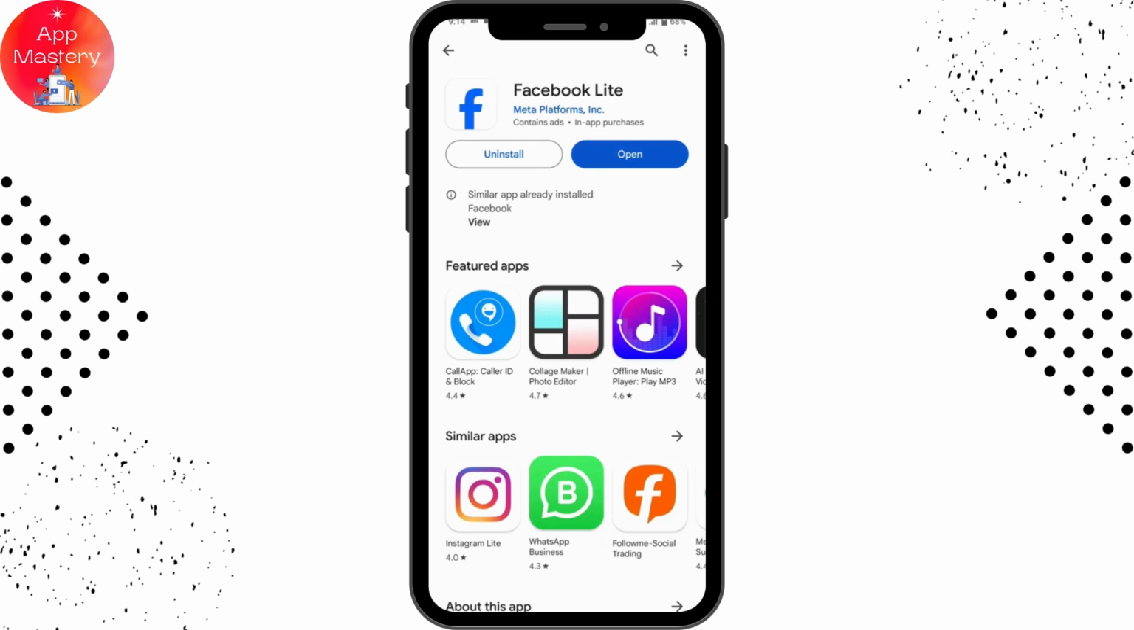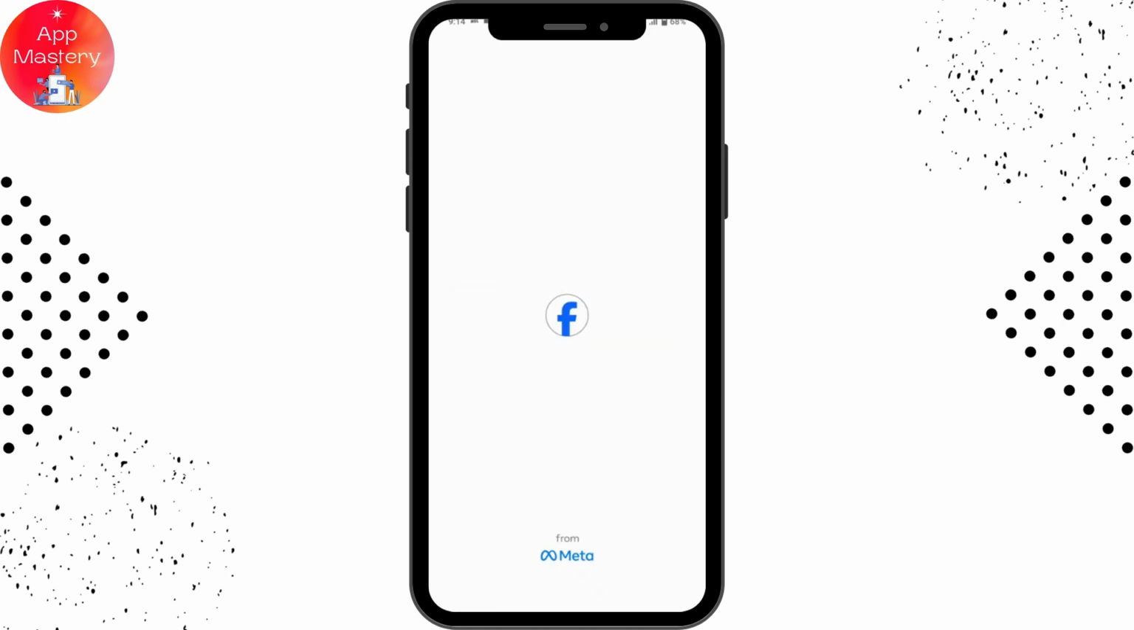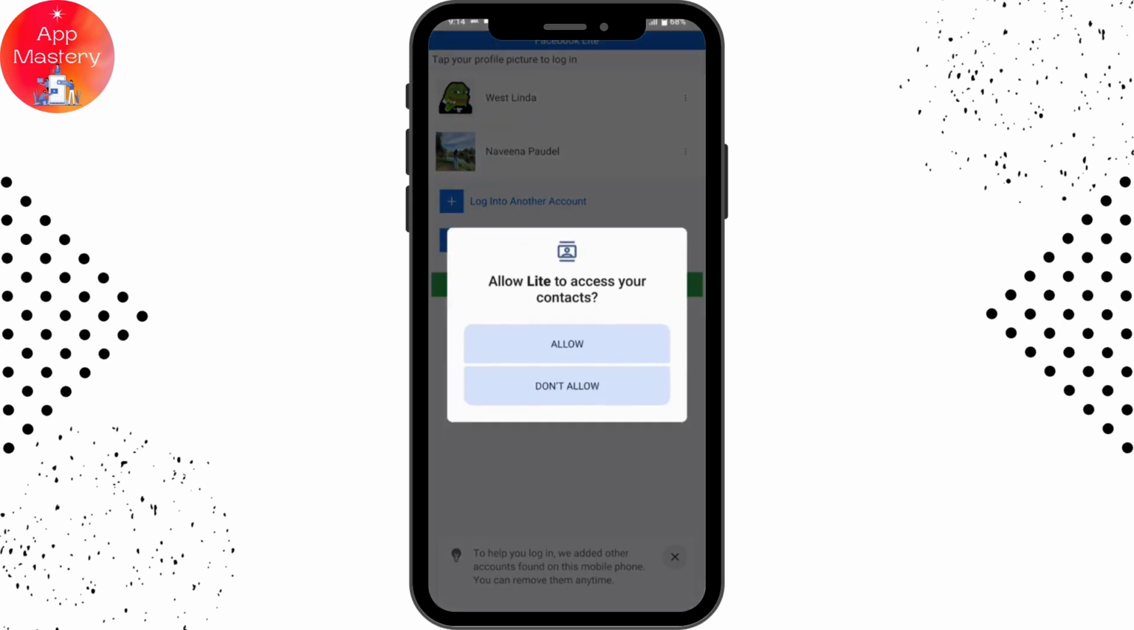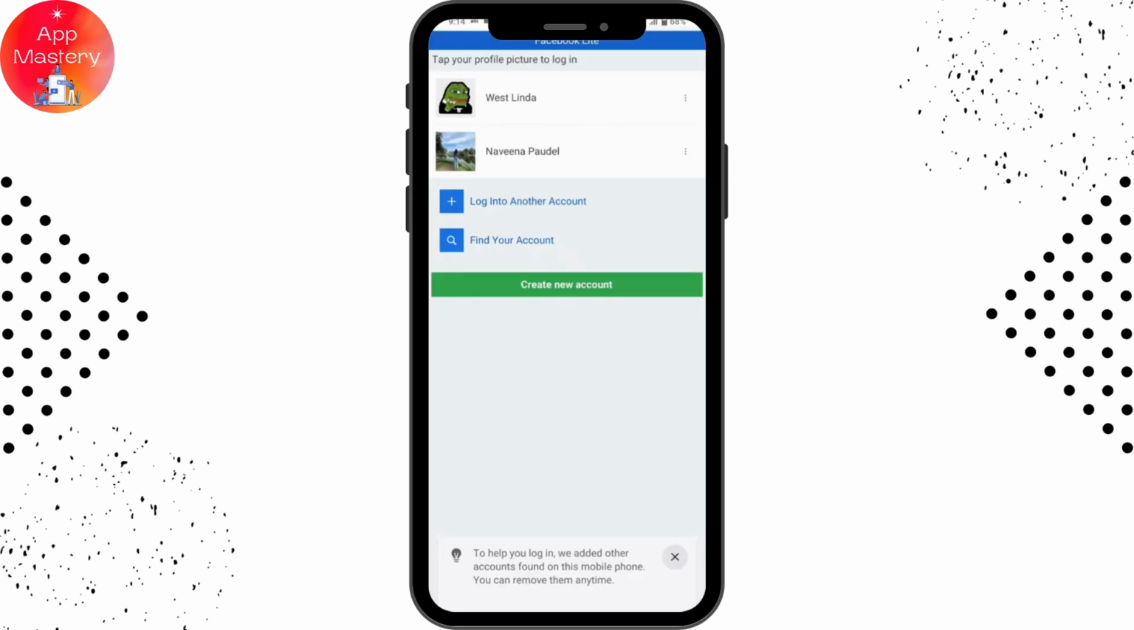And once you've downloaded, you can go to open, which is on the right side. And you can either create your account if you don't have it, or you can log into your account. So that's it. That's how you download Facebook Lite